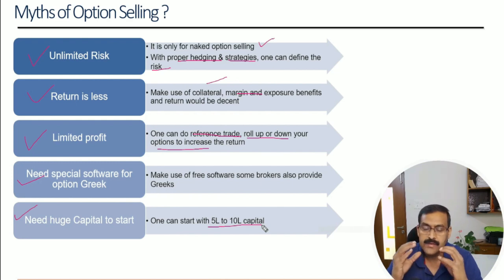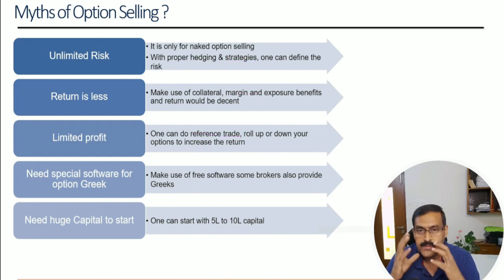So all in all, option selling is much better compared to the option buying. Once again, option buying definitely needs a proper sophisticated setup to make money. And for me, it is almost like a lottery. But whereas option selling offers you plenty of options to make money, if you use those strategies properly with a proper market view, one can definitely make money out of option selling.